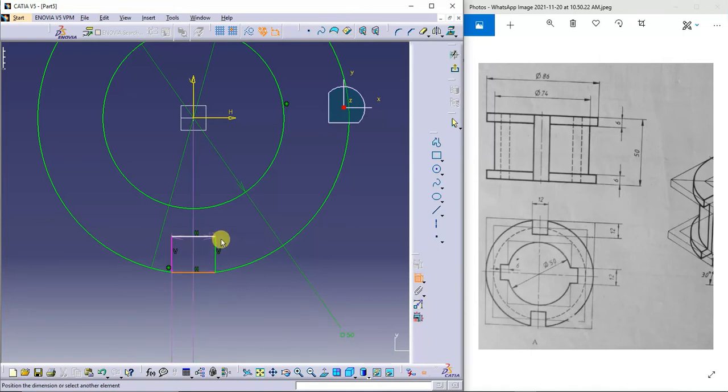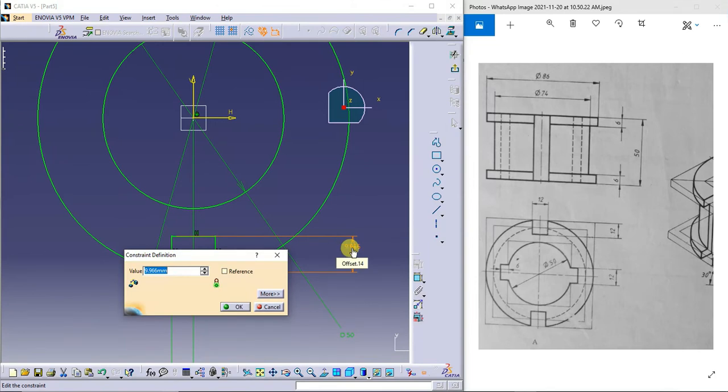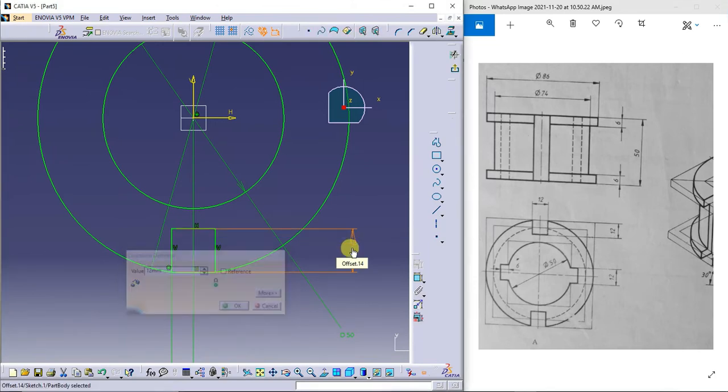So this height is 12 mm. Now I'll delete this.